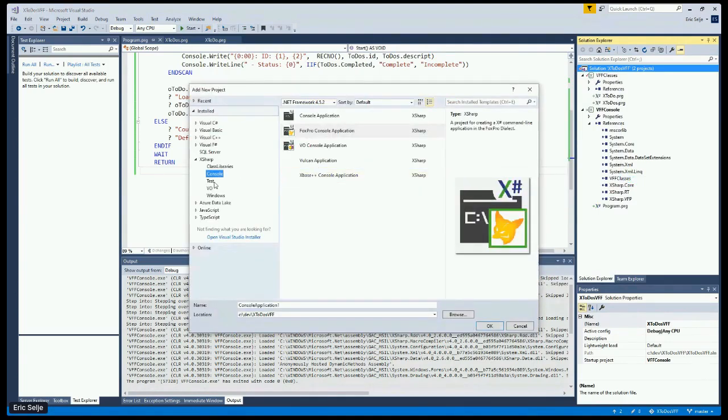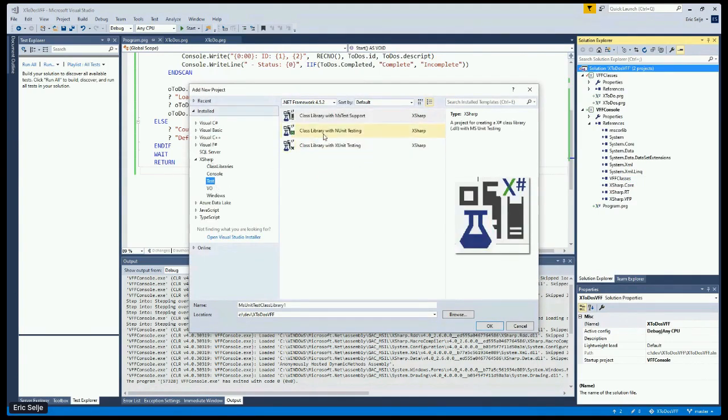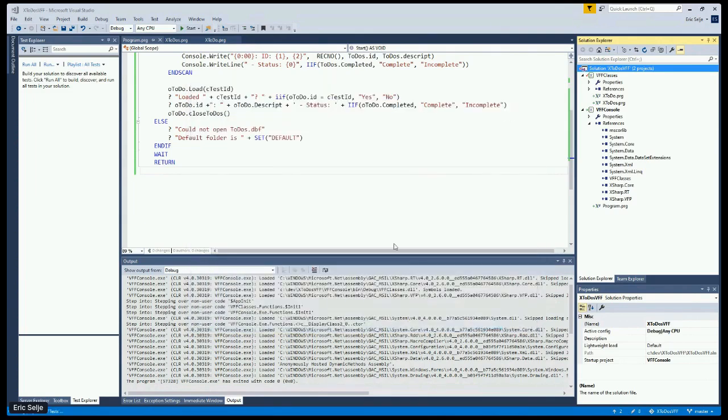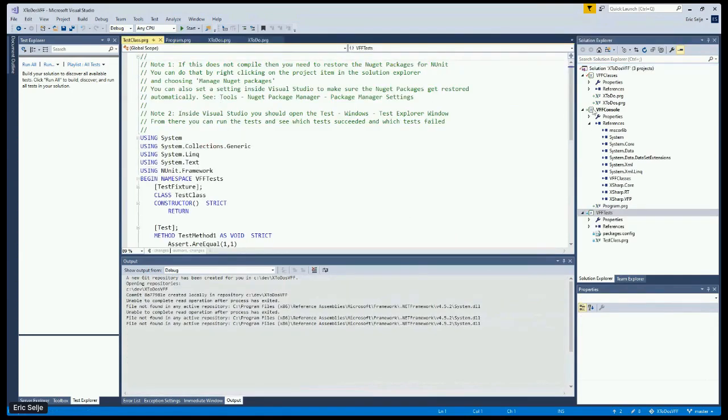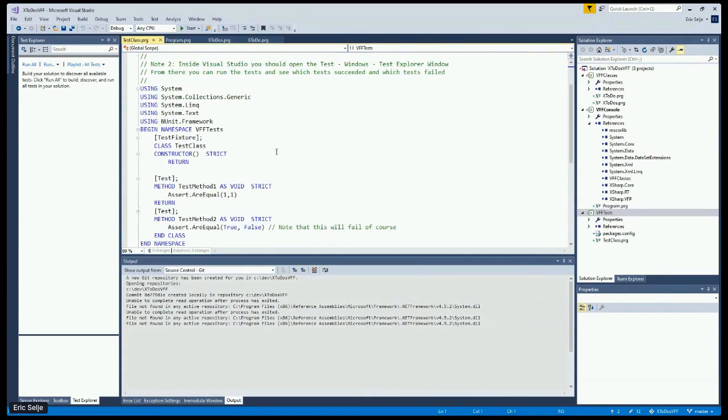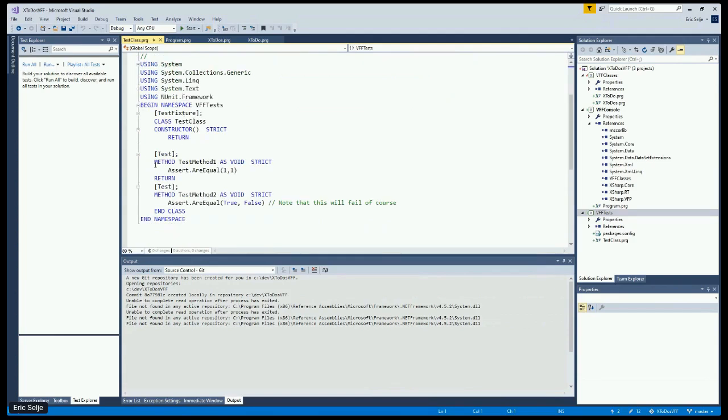This one is a test project under XSharp again. And I'm going to pick the NUnit framework. And I'm going to call this one XFF tests. No, that's not it. Virtual FoxFest tests. And once again, it seeds my new project with a couple of files, some properties. I can get rid of the initial stuff that it gave me,